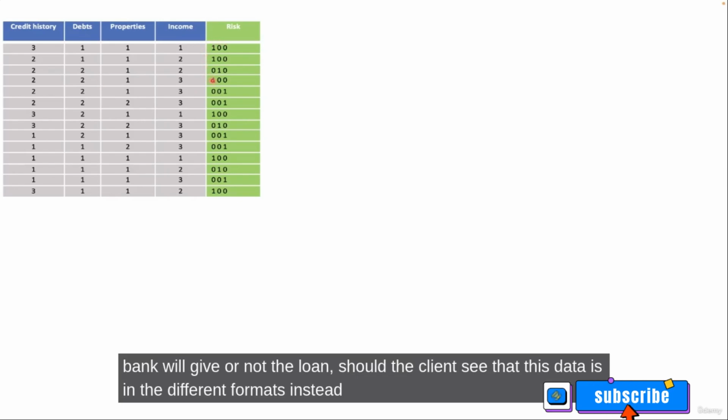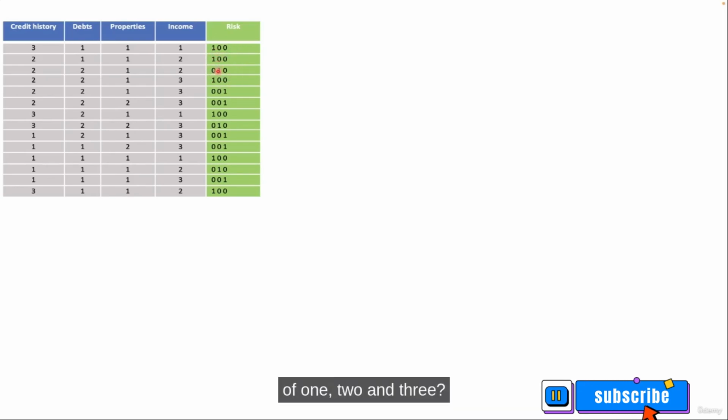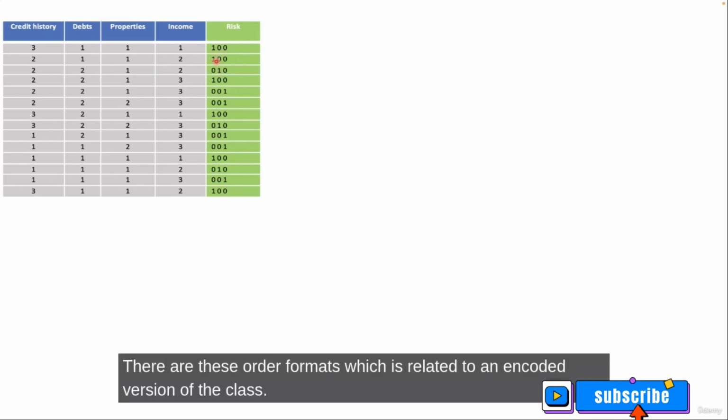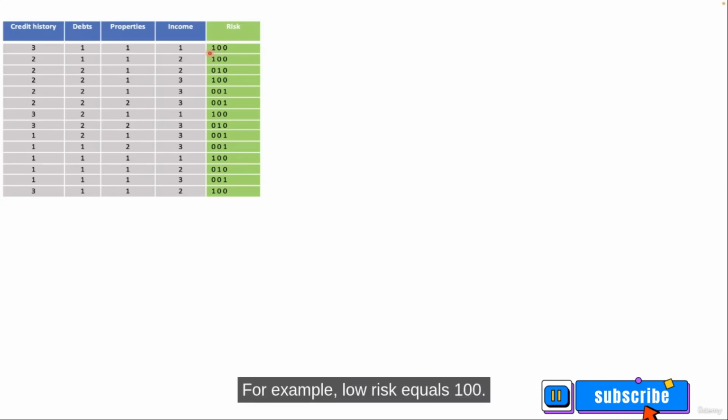See that this data is in a different format. Instead of 1, 2, and 3, there are these other formats which is related to an encoded version of the class. For example, low risk equals 100. This is the encoded version of this kind of risk.